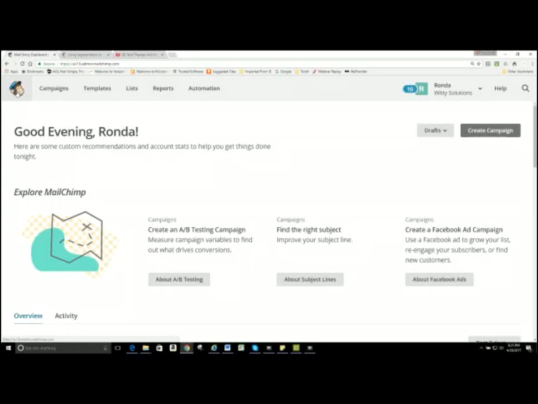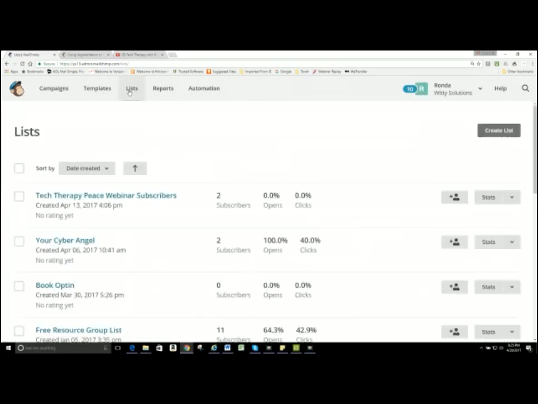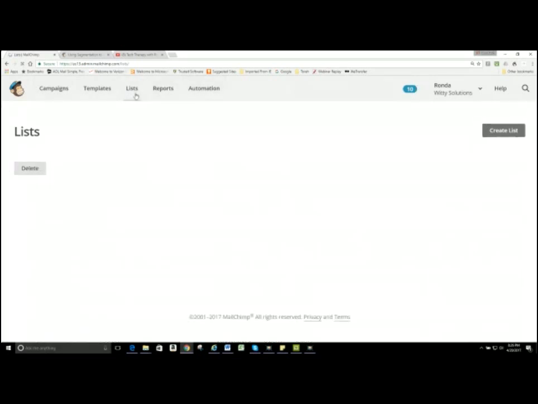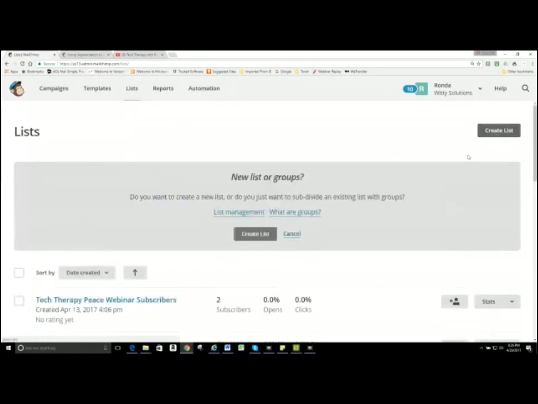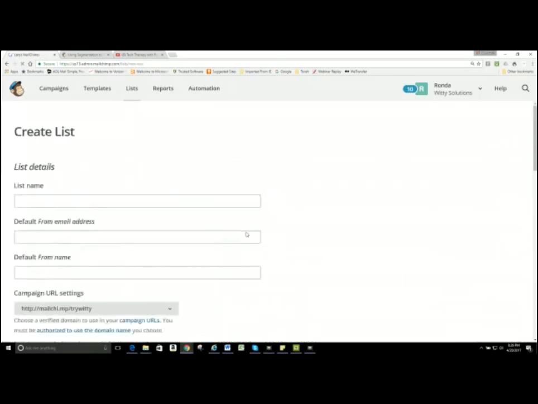I am now going to start off with the basics again. The first thing we need is a list, an empty list. Up at the top of Mailchimp is all of the navigation, and it goes from left to right, just like we read. So I'm just going to go to list as I clicked on that. And over here on the right side is create list. And so we just want to create a list, just very